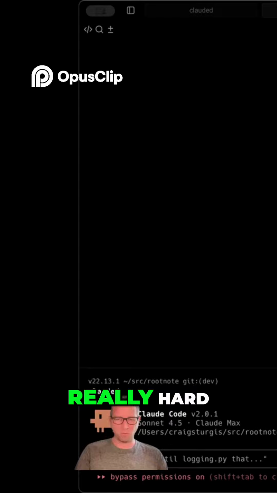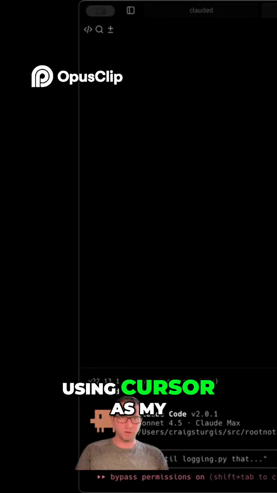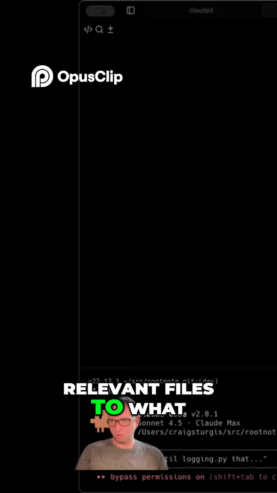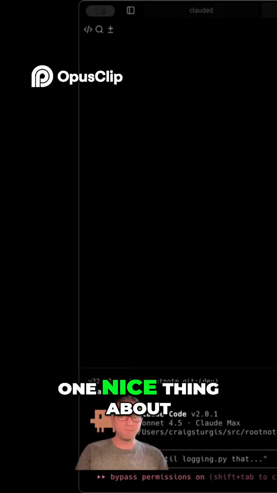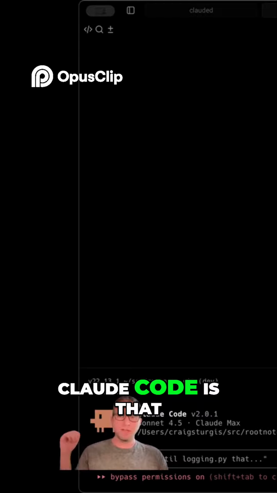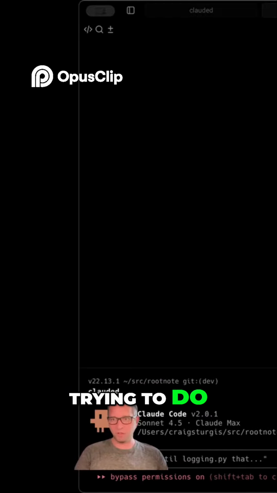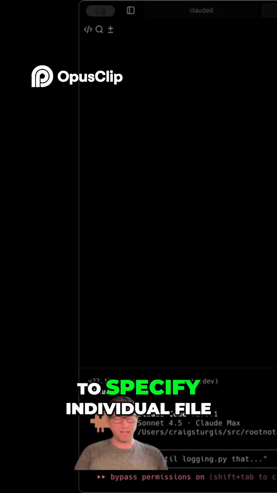It's really good, like really hard. When I was using Cursor as my daily driver a few months back, to get good results I would go in, find all the relevant files to what I was doing, and load them into context. The nice thing about Claude Code is that it does that part for you. It searches the code base, figures out what you're trying to do, and you don't have to specify individual file